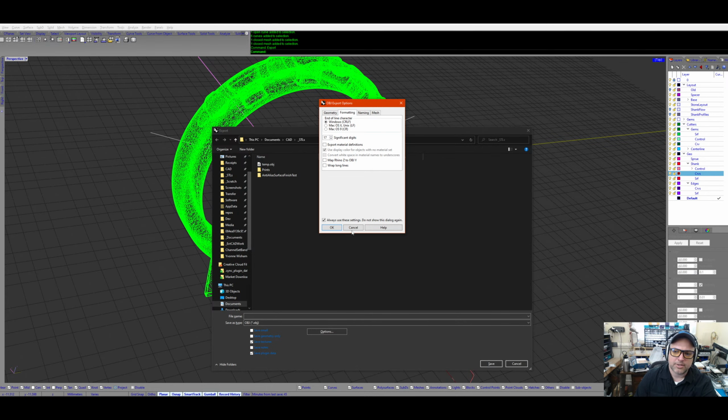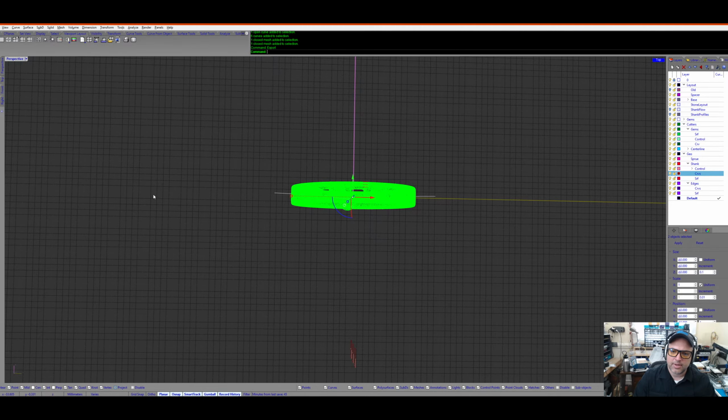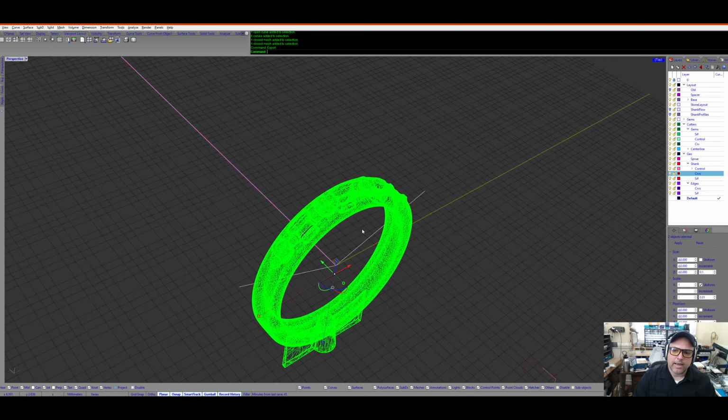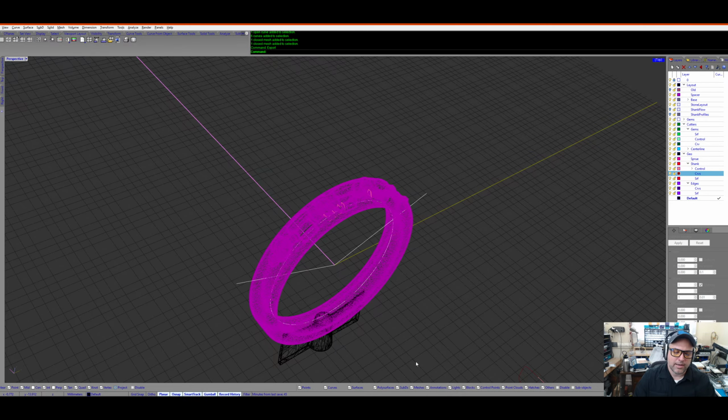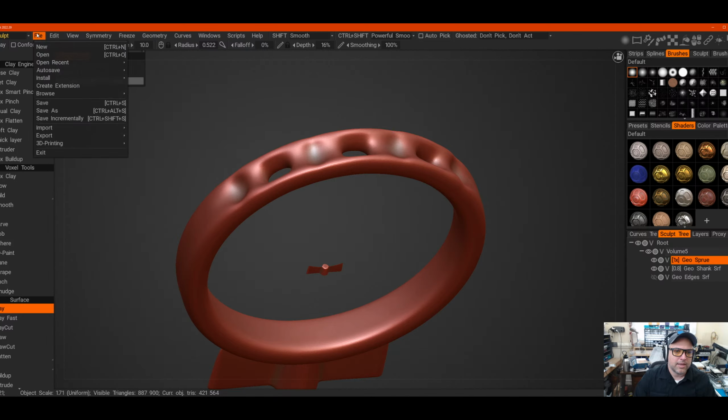So I generally say, if I'm giving cardinal directions, this is north, south, east, west, and Z is up and down. In a lot of other programs, Y is their up and down. Why? I don't know why. It's really weird. So in 3DCoat, I do have that as a setting, where if I come into,